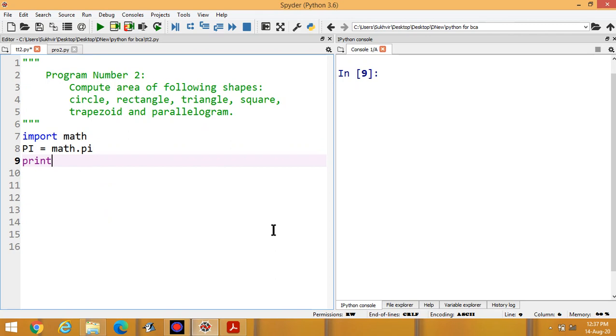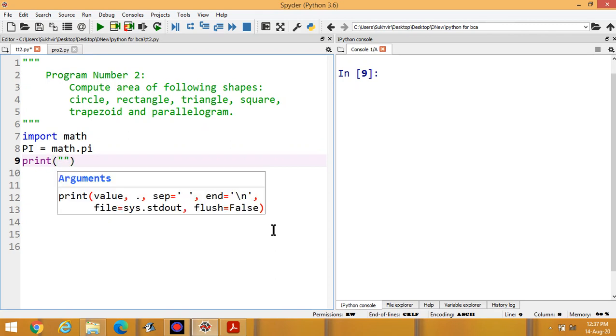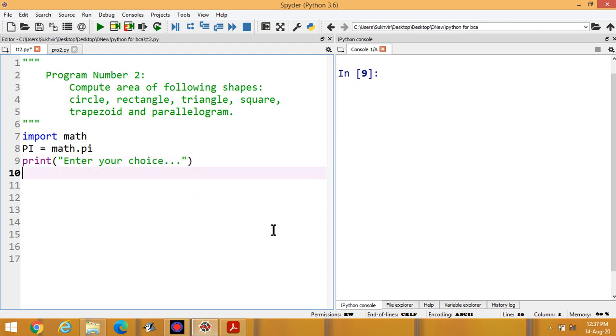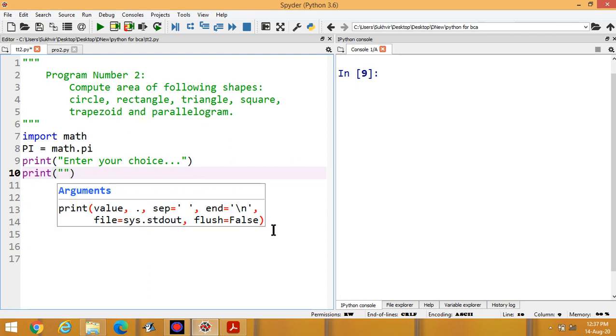Print. Suppose I write here enter your choice, then print the first value,